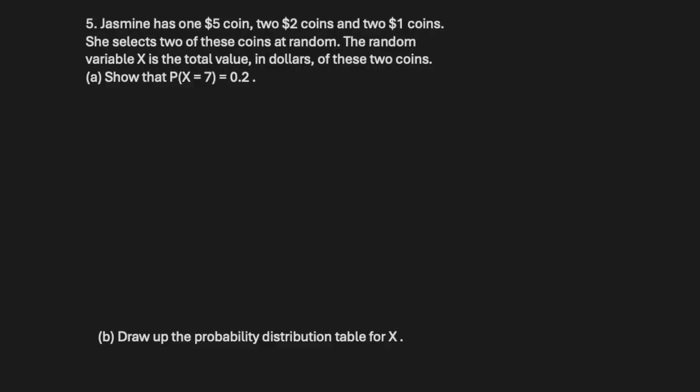Question 5. Jasmine has one $5 coin, two $2 coins, and two $1 coins. She selects two of them at random. The random variable x is the total value in dollars of these. Show that the probability that the value of x is 7 is 0.2. Okay, so the probability that x is equal to 7